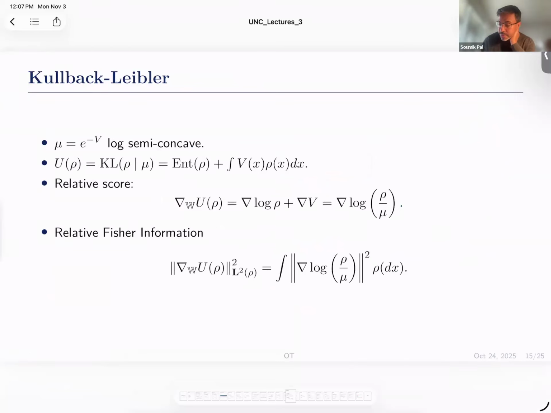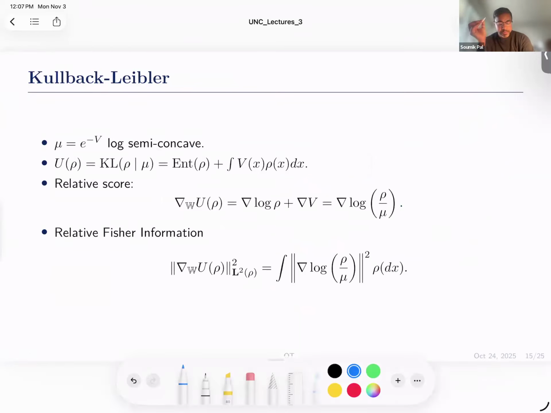Let's see another example: Kullback-Leibler. Take mu to be a density of the type e to the power minus V. Now take V to be a semi-convex function, which means e to the power minus V is log semi-concave. Remember that if V is convex, then I say that e to the power minus V is log concave,